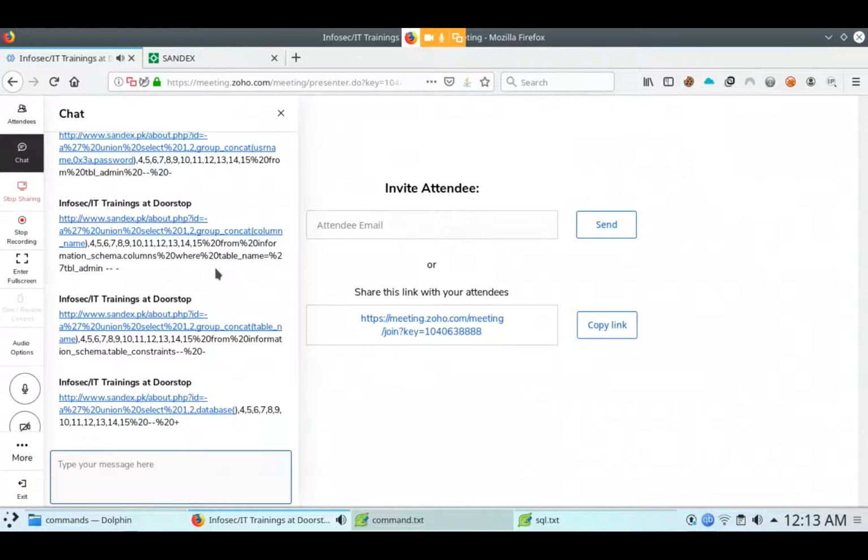This command is used to find the columns in the table, which is table_admin. Okay, sir. Is it clear now? Yes, sir.